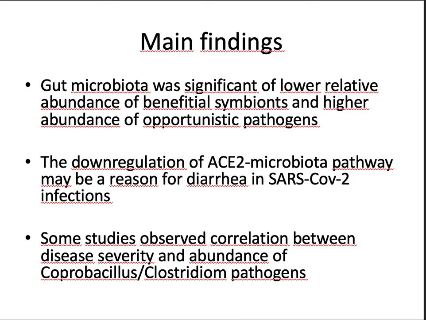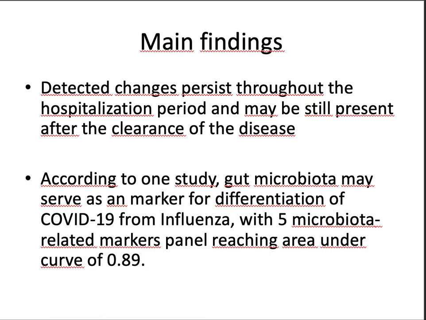The downregulation of the fecal microbiota pathway may be a reason for diarrhea in SARS-CoV-2 infections. Some studies observed correlation between disease severity and abundance of Coprobacillus and Clostridium pathogens. What else? The detected changes persist throughout the hospitalization period and may be still present after the clearance of the disease. And according to one of the studies,